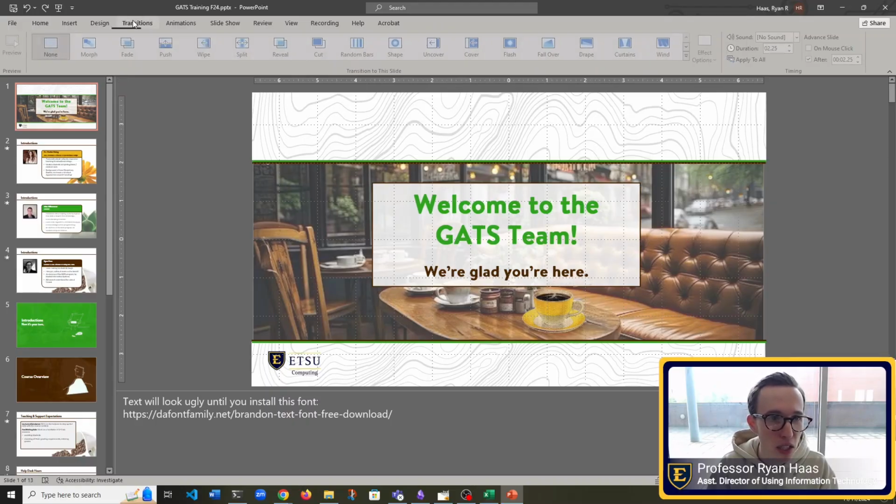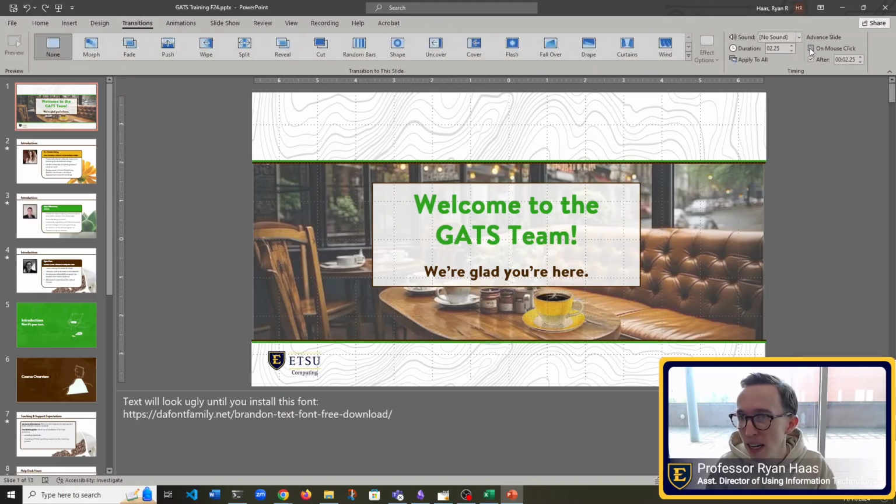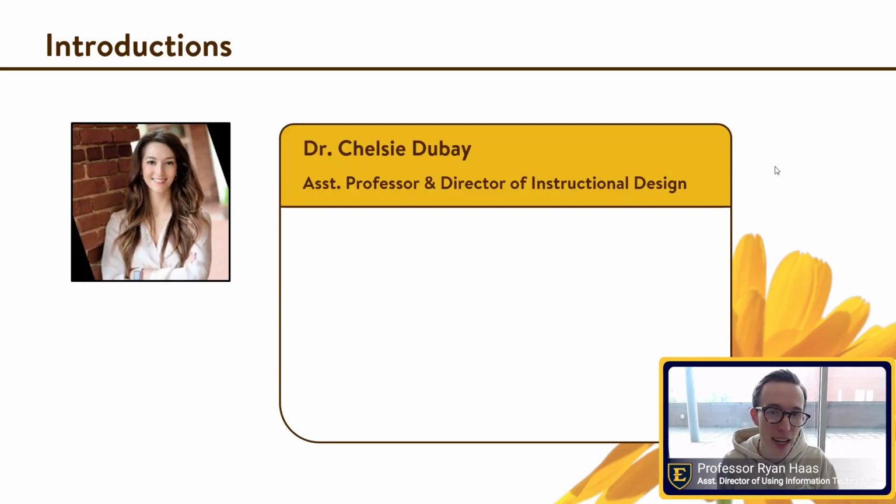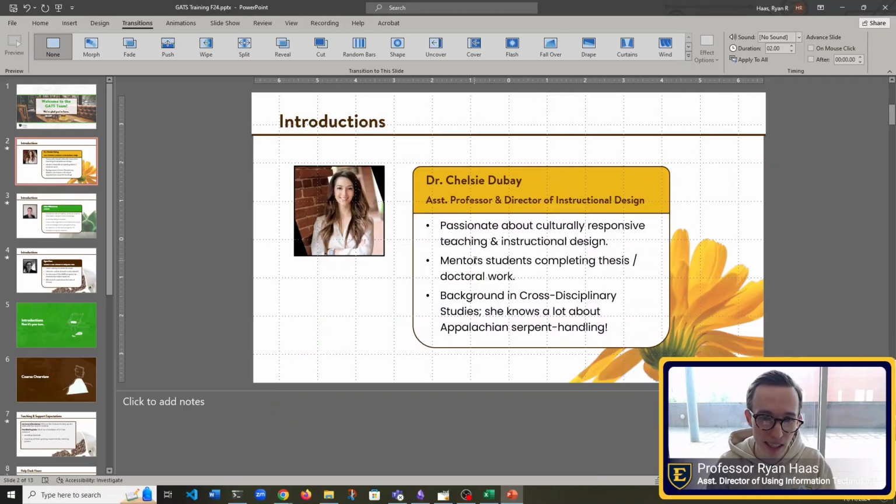So I'll go to transitions up here, and I'm going to say, instead of on mouse click, which will be the default, meaning when you click or hit the arrow key it will advance, I'm going to change that to after and set it to 2.3 seconds. Hit enter, and now if I hit Shift F5, you'll see how it waited for a bit and then transitioned to the next slide. But on the next slide, it paused again because I didn't set an automatic transition to go forward from there.